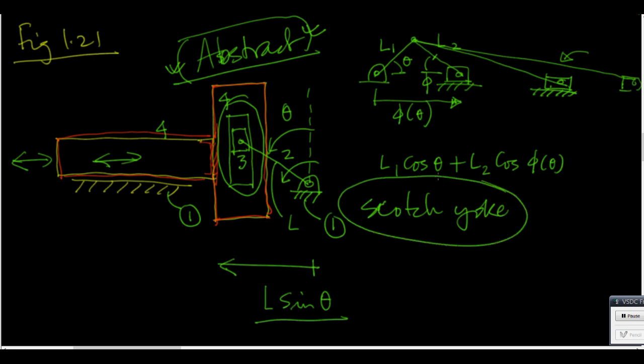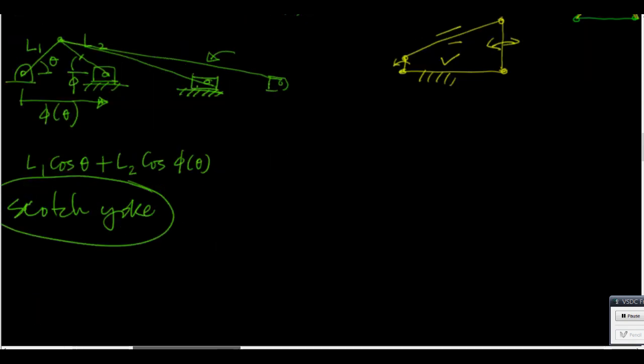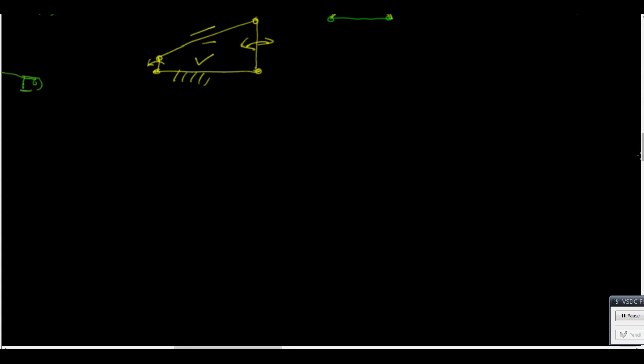But there are other mechanisms. Okay, so other kinematic inversions of this mechanism. You should read the book, of course. This is not a substitute for the book. It is only a reading aid, right? So after you watch this lecture, if you read the book, you may find it a little more easy to understand. So the other one is called Oldham's coupling,